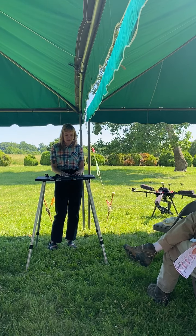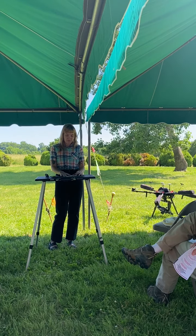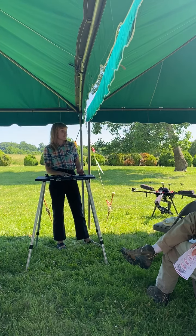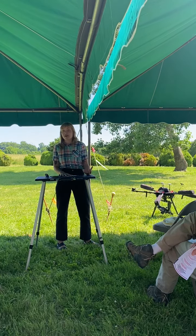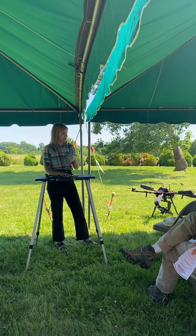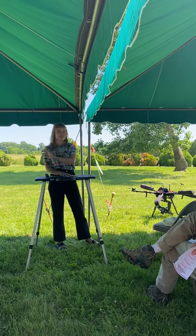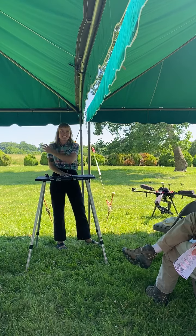So the other reasons that we would use a drone is we can fly at different points in the growing season. So maybe certain plant species are more detectable early in the growing season. Maybe they're more detectable in the middle of the growing season or even later in the growing season. I have found it seems like early to mid growing season has tended to be better. Later in the growing season, things get kind of willy-nilly, and there's so much variability that everything is too variable